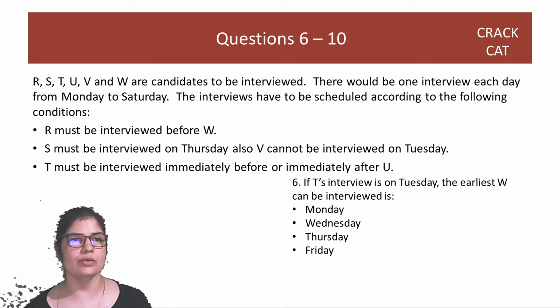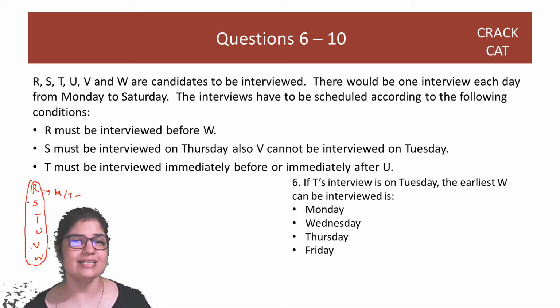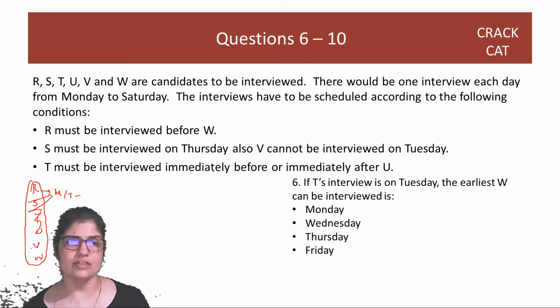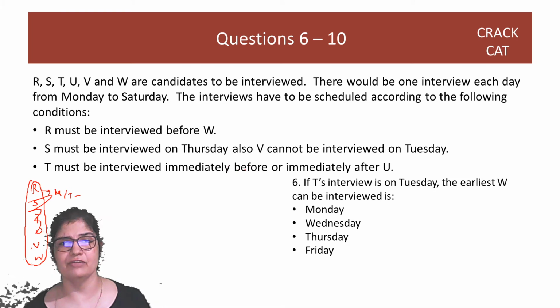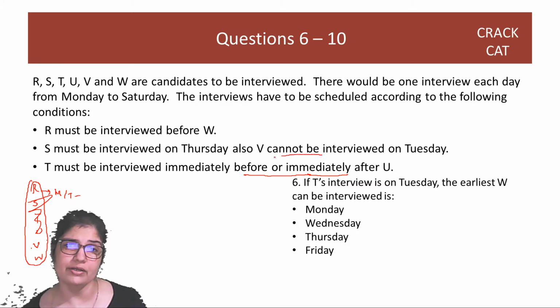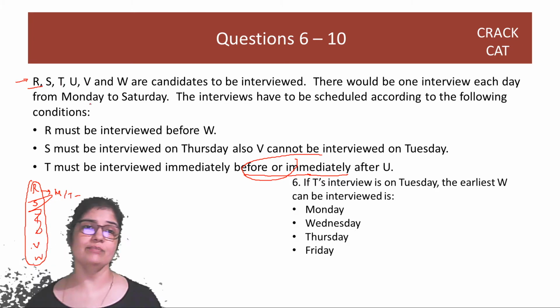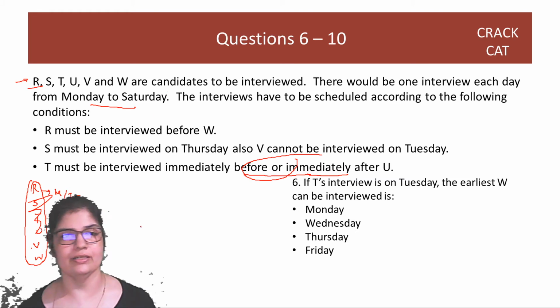See, I can say, okay, let's put R, S, T, U, V and W. And then we'll try and link this to Monday or Tuesday or Wednesday. So then this becomes the primary key. But since there's an implicit order, see, what is it about? Nobody says that T has to be interviewed before or after. When I say before or after, I am talking about the days. So the implicit order is not with respect to the alphabet. There's no alphabetical order question, right? The implicit order is in Monday to Saturday. So that will be our primary key, okay?